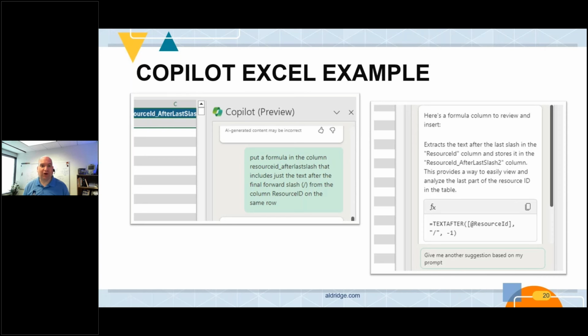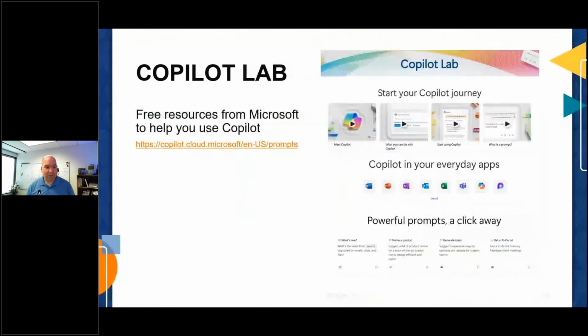It's the equivalent to the car commercials where everybody's driving great cars across the desert, sliding sideways, professional driver on closed course, do not attempt and all that. Copilot gets you to the point where, okay, it's up to you now. I've got you started. You can do what you need to do. When you're interested in what Copilot can actually do for you, Microsoft has put this public, you can access this right now,